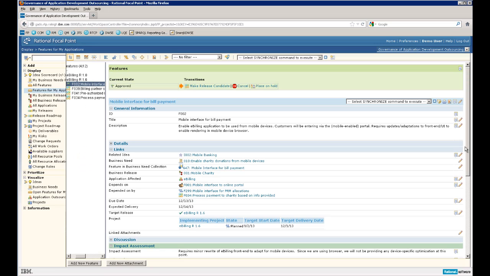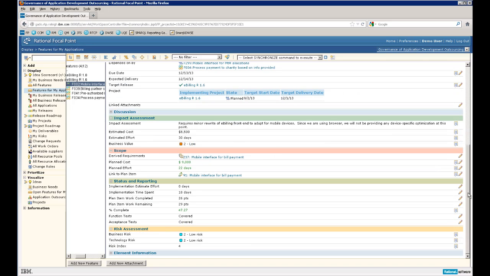We have an understanding now of what the business wants, but we need to further elaborate these features as well as business needs into more detailed requirements so the implementation team understands exactly what is required. One of the key values of this solution is that it promotes collaboration between customer and supplier, or business and delivery team, throughout the life cycle, ensuring that everyone is on the same page with respect to what should be